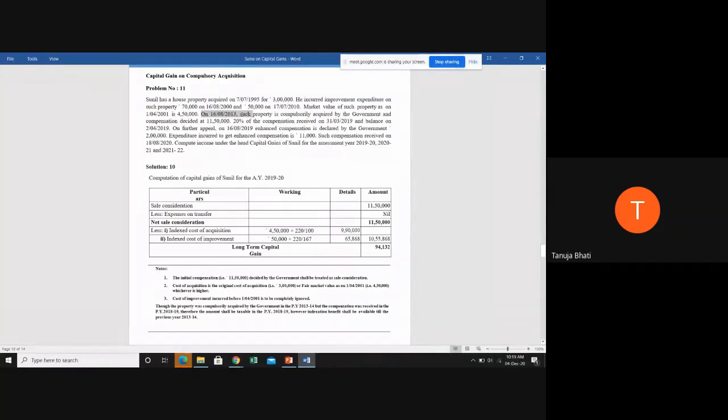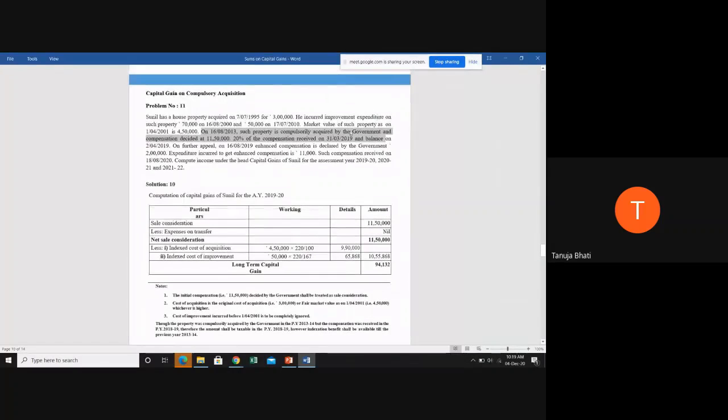16/8/2013, in the year 2013, such property is compulsorily acquired by government. Okay, and the compensation decided is 11,50,000. So government is compulsorily acquiring Sunil's property and giving him a compensation of 11,50,000. Okay, 20% of the compensation was received on 31/3/2019. So out of this 11,50,000, the first part of the consideration is received on